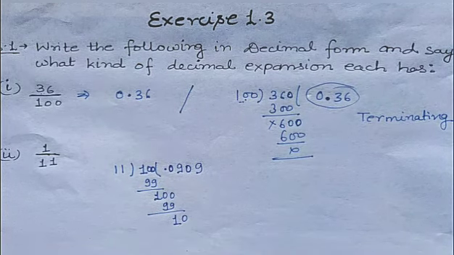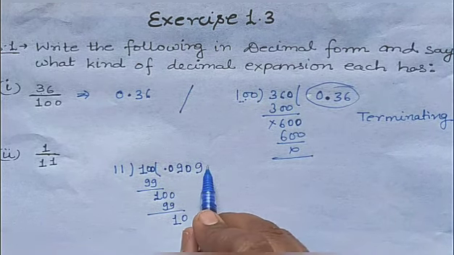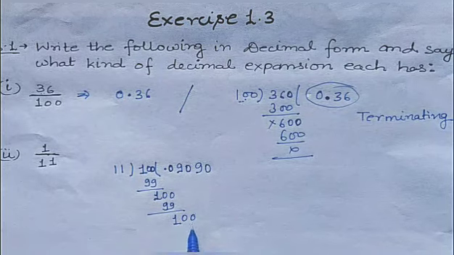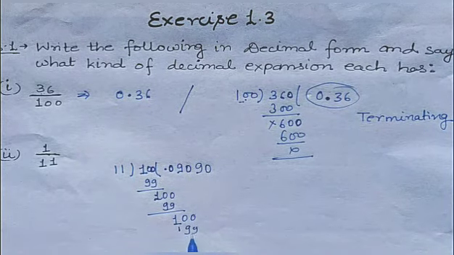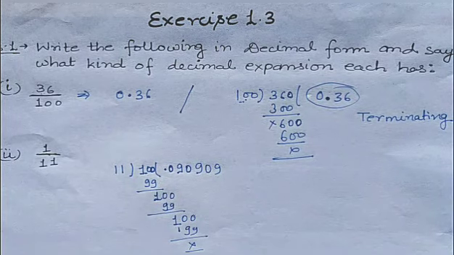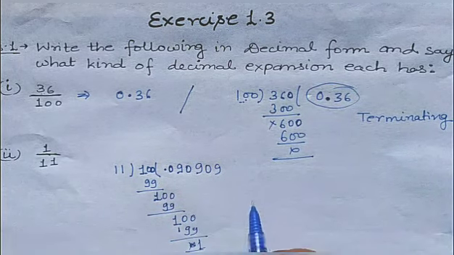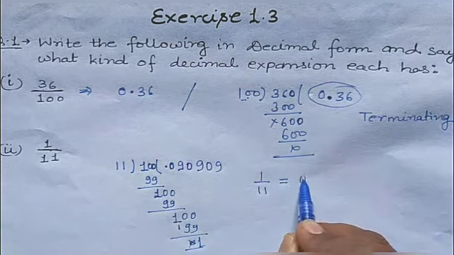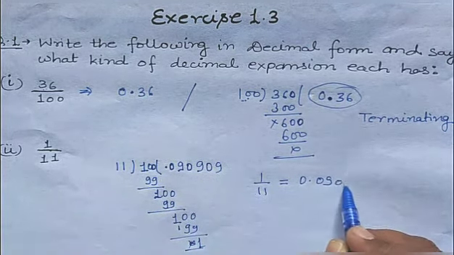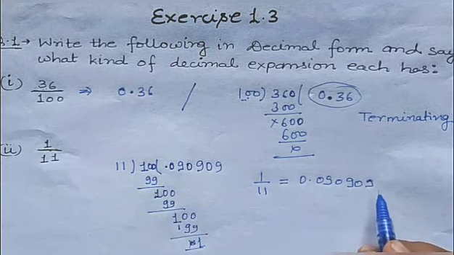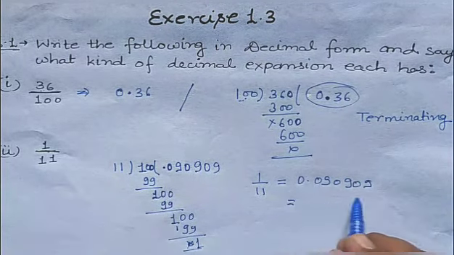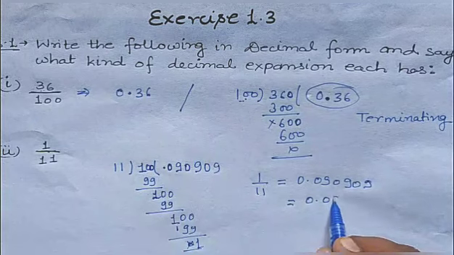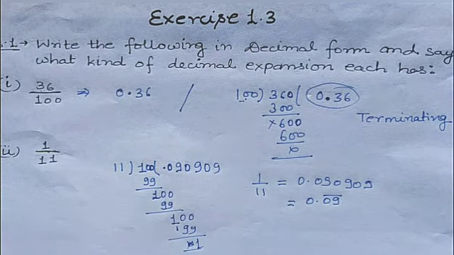Because of this decimal, 10 will be there, and 10 you can increase like this, so it will be again 11 9s are 99, so like this. Okay, 1 upon 11 you can write as 0.090909. So 09 is getting repeated, so you can write it like 09 bar.